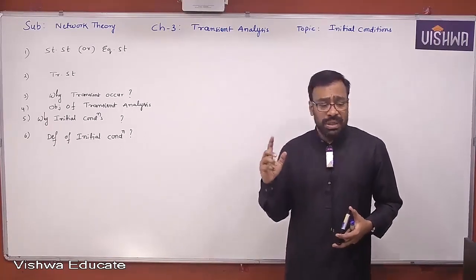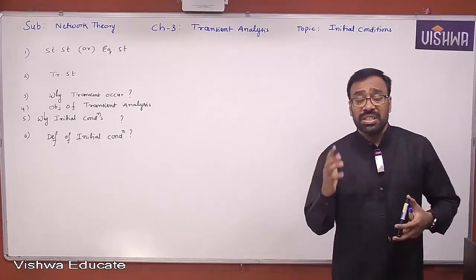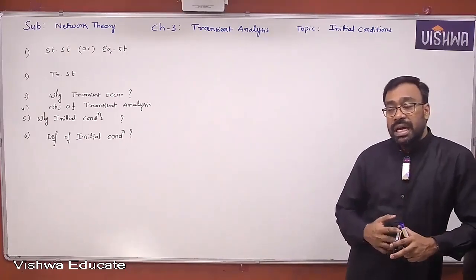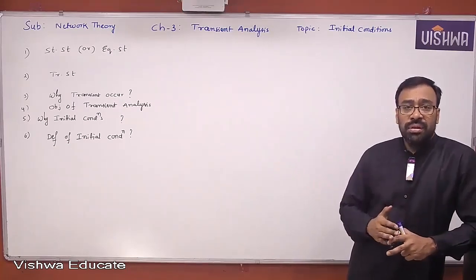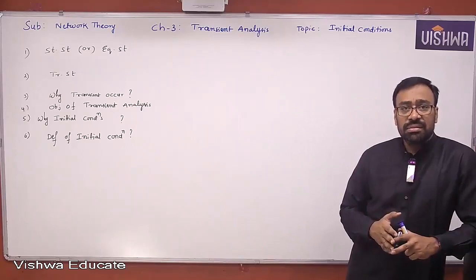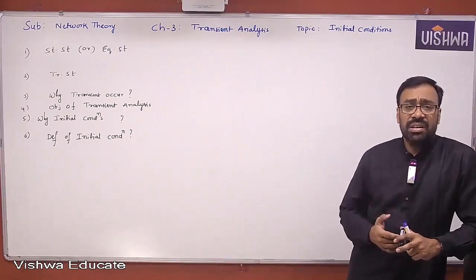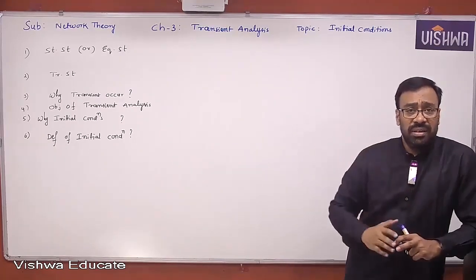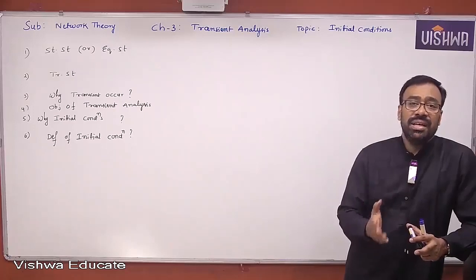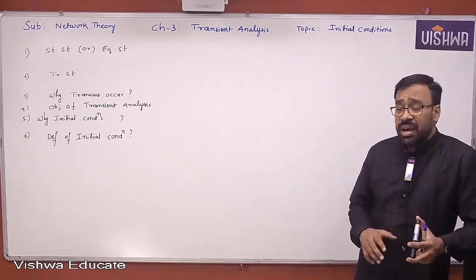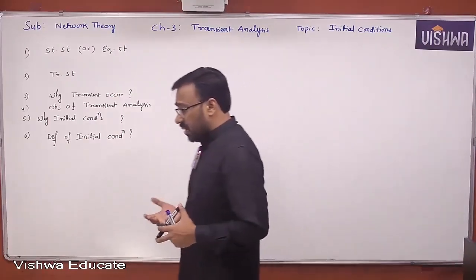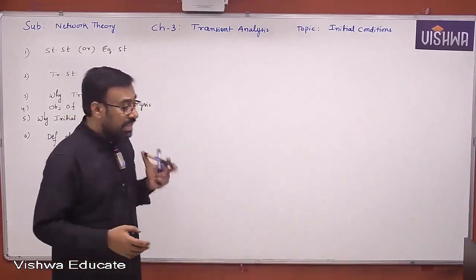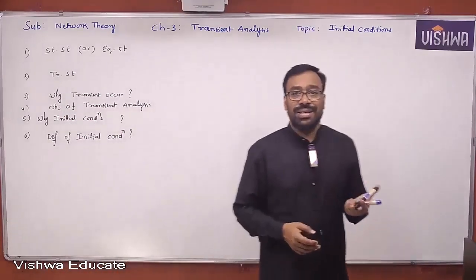A fan is rotating continuously with a constant speed of, let us say, 1000 RPM. Then it is said to be in steady state. An automobile on a highway is running with a speed of, let us say, 100 kilometers per hour, continuously with a constant speed. Then you can say that automobile is in steady state. Yes or no, all of you? What does it mean? Any system, if it can produce a constant output for a long time, then that system is said to be in steady state.